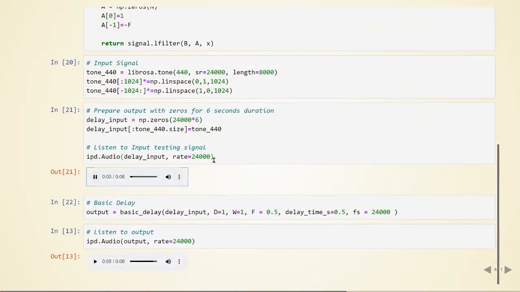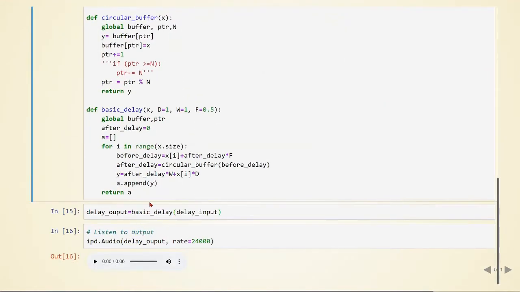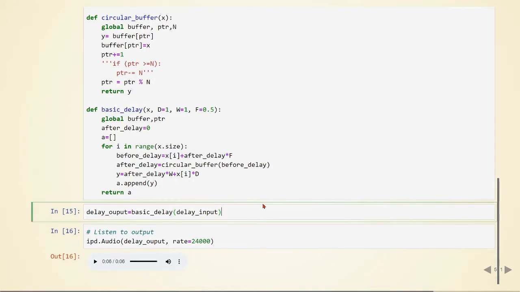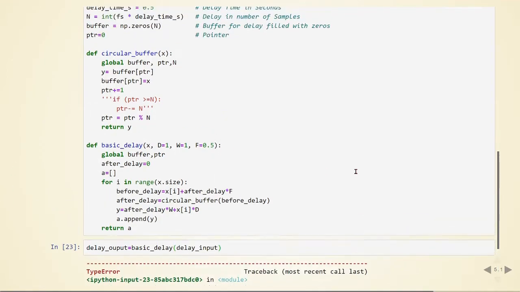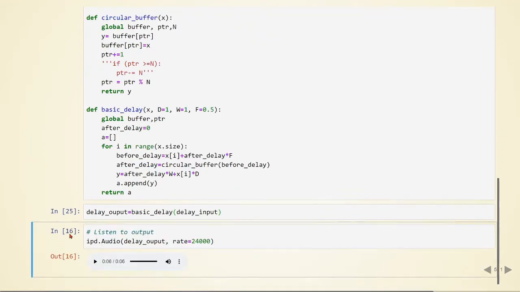So this is the input signal, and now I apply the delay, and this is the output. What we see is the same output as before, but now when I run the cell, you'll see I'm running. First I need to run the previous cells, and it's much faster